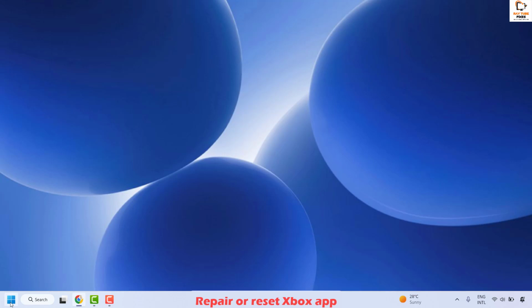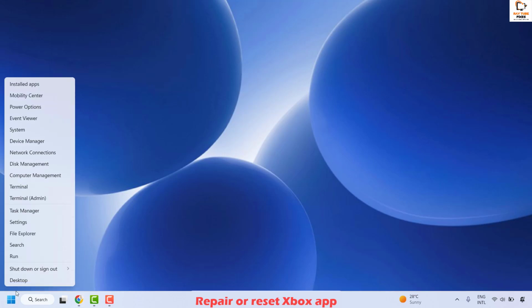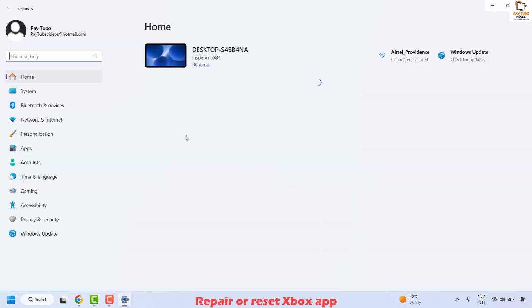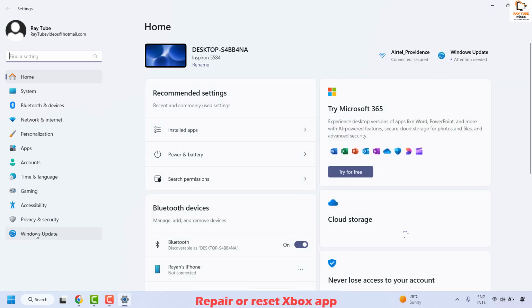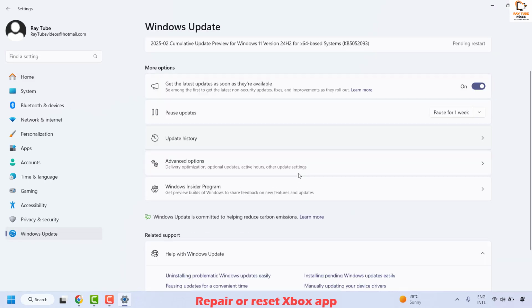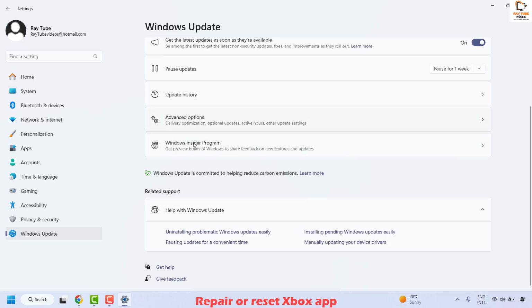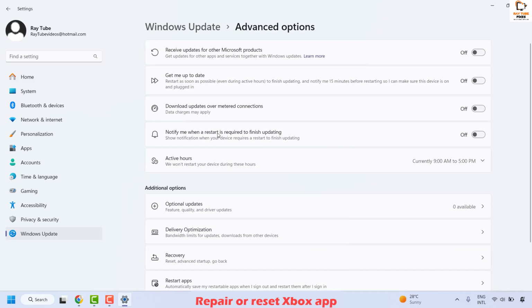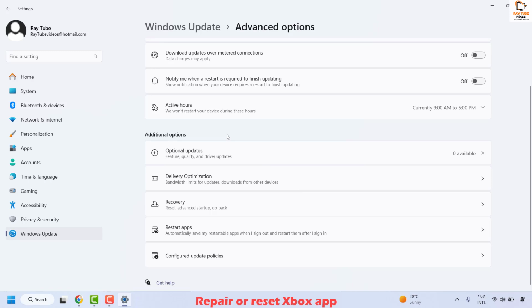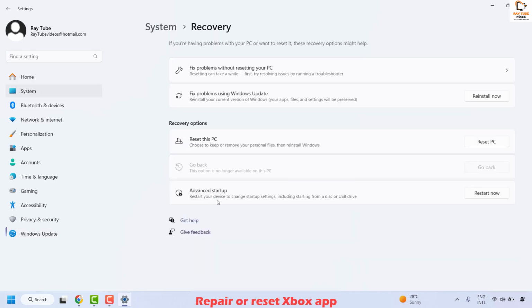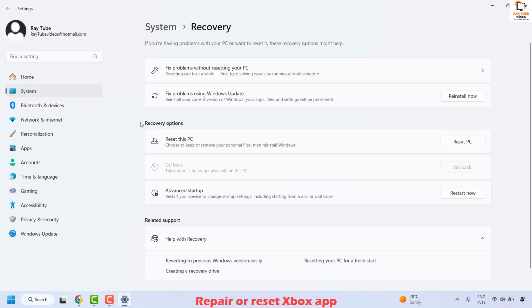To do this, you will have to do a right click on the start button and then click on settings. Once you're on the settings, you will have to go ahead and click on Windows Update. Under this, you will see an option which says advanced option. Click on advanced option. Here, you would have to locate recovery. So click on recovery and then choose the option which says reset this PC, and then click on reset this